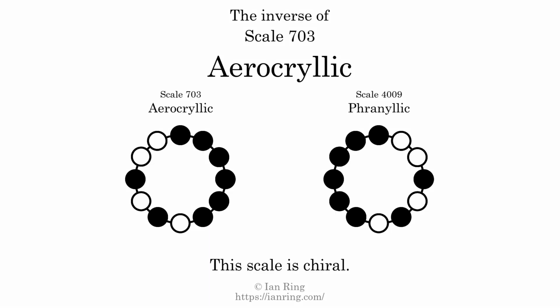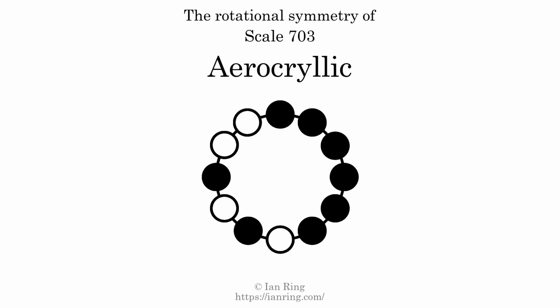The inverse of a scale is a mirror image. It is what you get when the sequence of intervals is reversed. The inverse of this scale is scale 4009, also known as Aerocryllic. This scale is chiral. It cannot transform into its inverse by rotational transformation. This scale has no rotational symmetry. For even more detail about this scale, visit